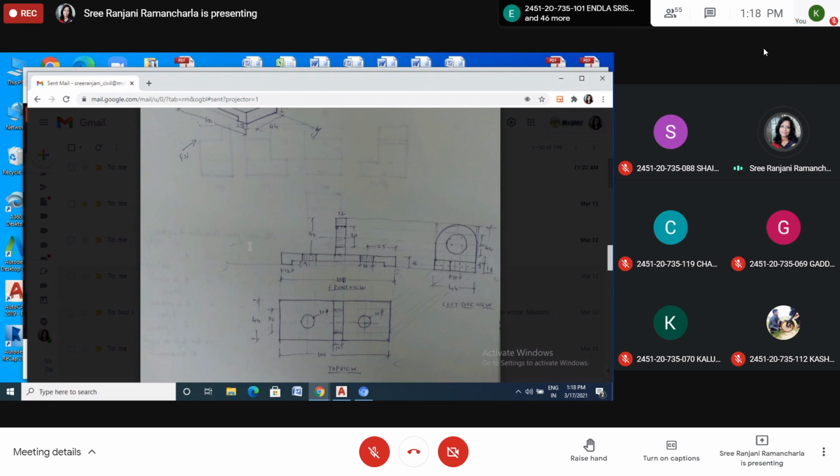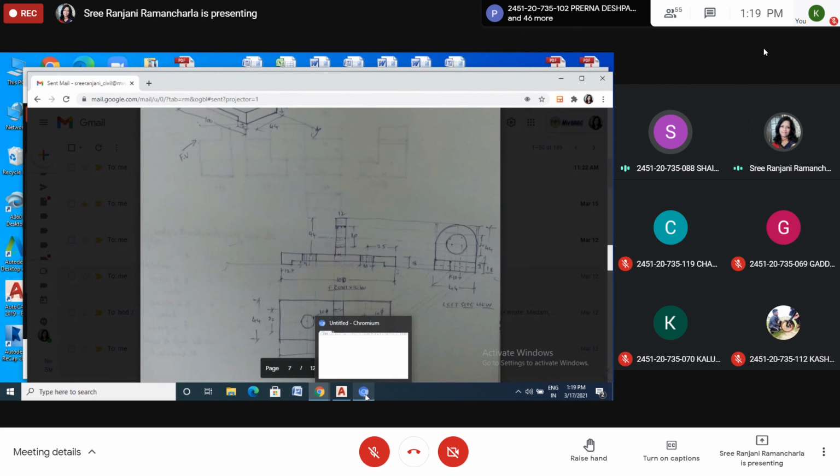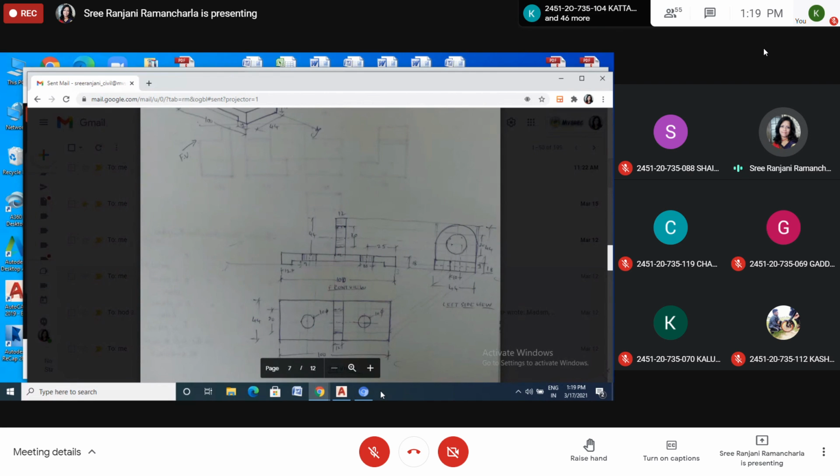It's okay now? Yes. Ma'am, AutoCAD printouts are also mandatory as well as manual drawings? Yes. Why? Because in the exam, only up to sheet number 6 we will ask you to draw manually. Remaining all you have to draw in AutoCAD. That's a condition in the exam, internal as well as external exam.